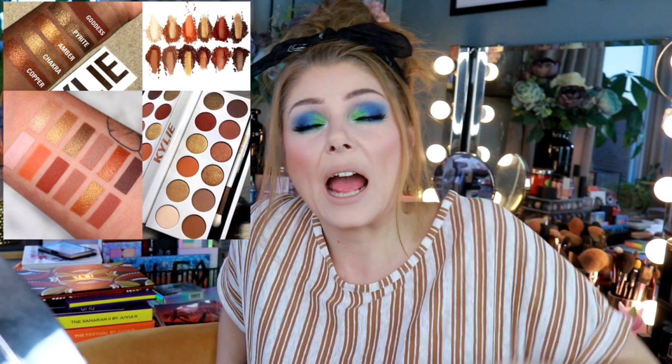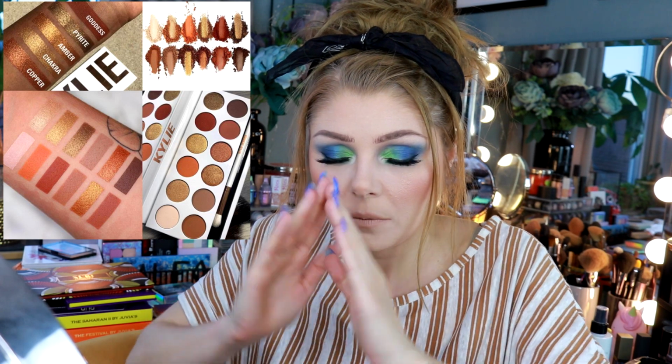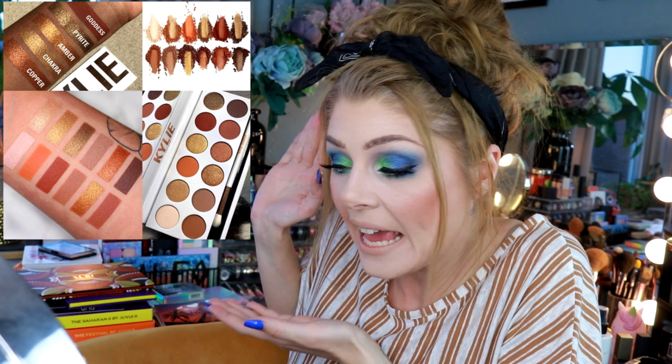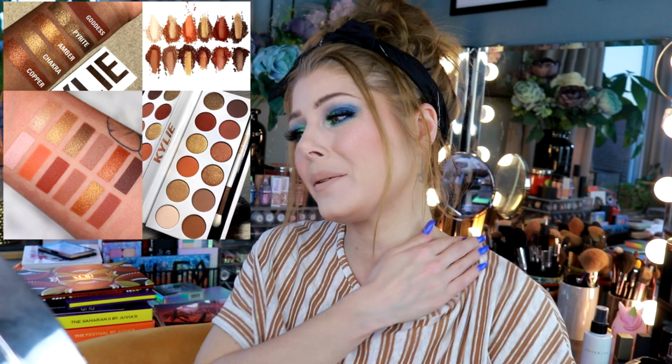Oh, we forgot to talk about this one. This was so boring that I actually just swiped by it. This is the new bronze palette by Kylie. Who asked for this? Does anybody need a new bronze gold warm neutral palette? I get it, people love golds for summer. I'm obviously not one of those people, but